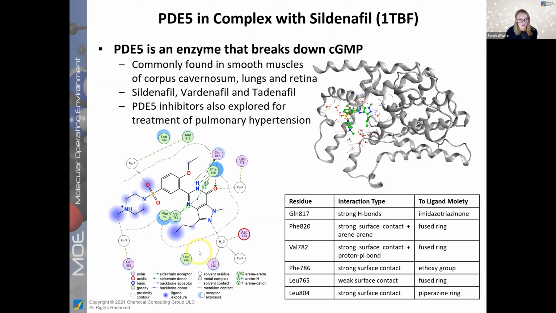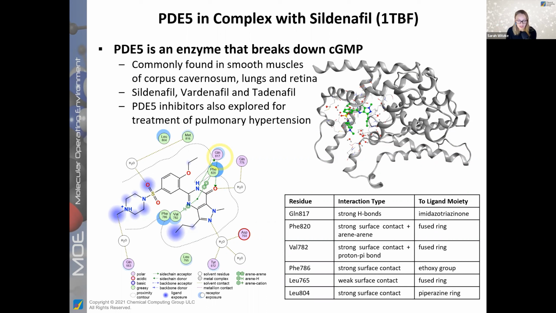So for instance, in the scaffold of the ligand, in that fused ring scaffold, we have a cyclic amide. And that cyclic amide is very important for binding because it makes 2 hydrogen bonds up to glutamine 817. So the amine of the scaffold interacts with the carbonyl of the side chain of glutamine, and the carbonyl of the scaffold interacts with the NH of the side chain of the glutamine. And that creates 2 really strong hydrogen bonds up to that glutamine side chain that really is important for that